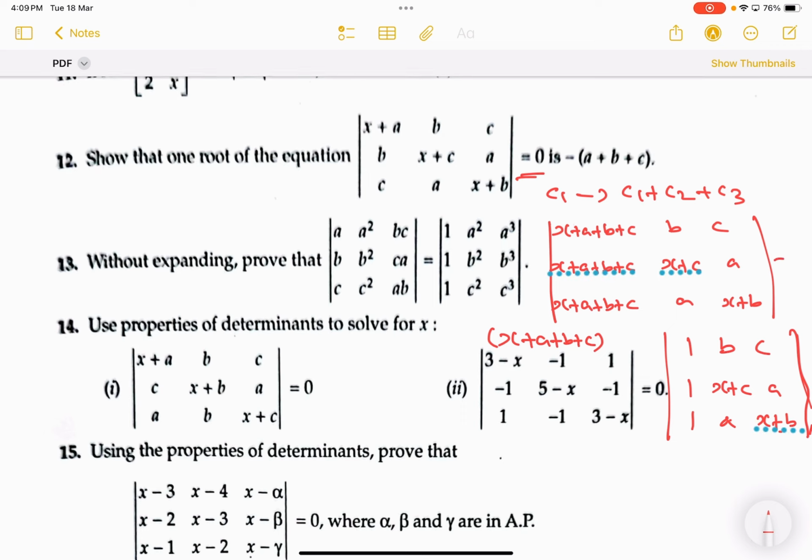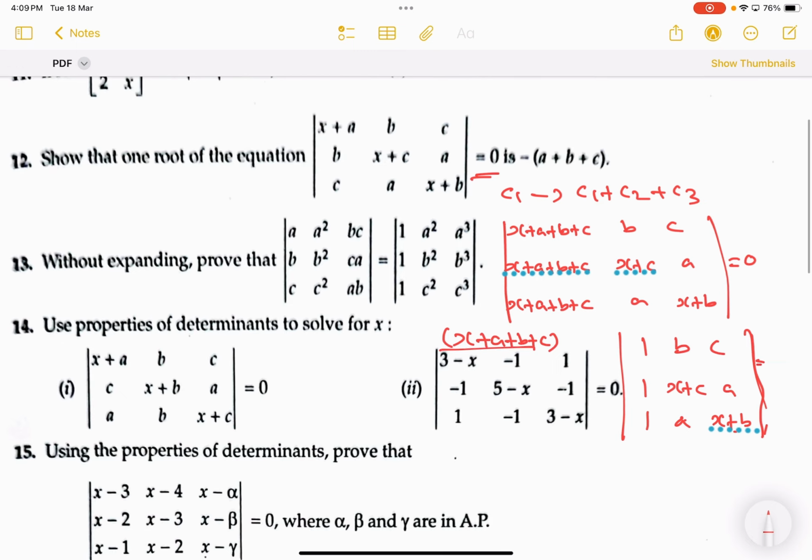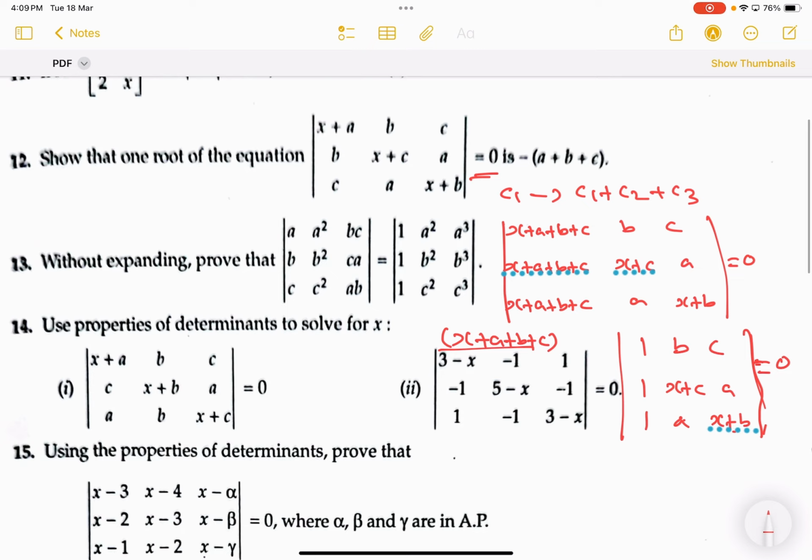Obviously, they have given the equation. So, which is equal to 0. Actually, it is an equation, right? Okay, this into this equal to 0. Now, still you don't do the determinant of this. Try to eliminate two values as 0. So what I am doing, this is x plus a plus b plus c. Let it be outside. And here